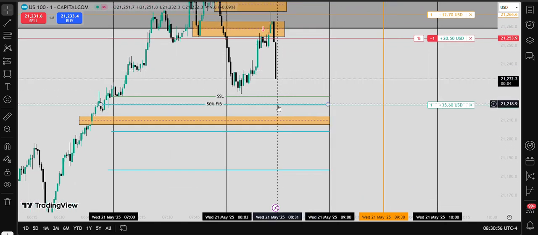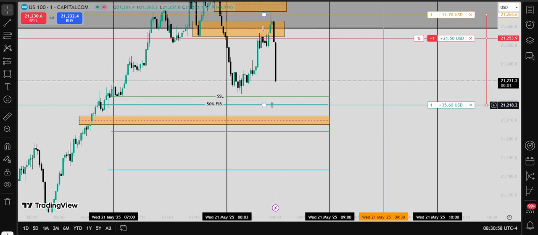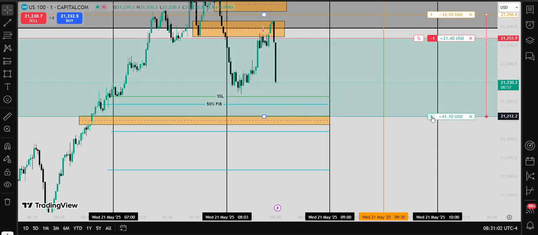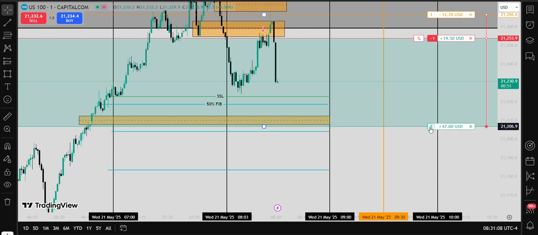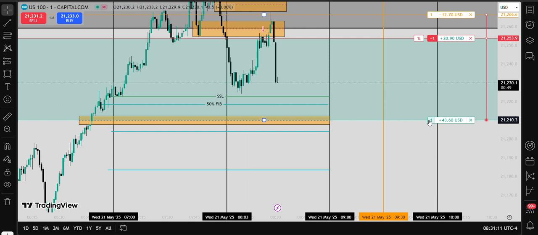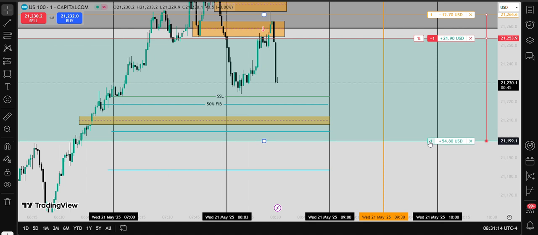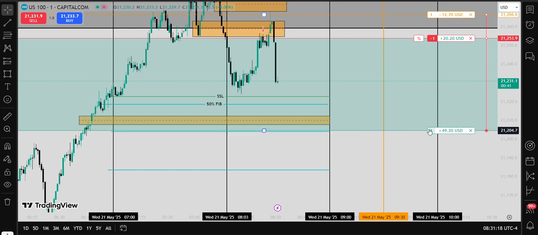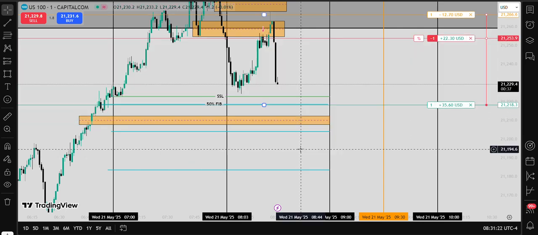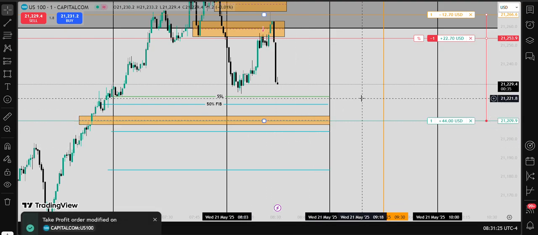Once the market takes out this low or this liquidity, it means I can still take it lower to give us a deep take profit, should I say. But I'll just stick to this point right there. We'll stick to that area,